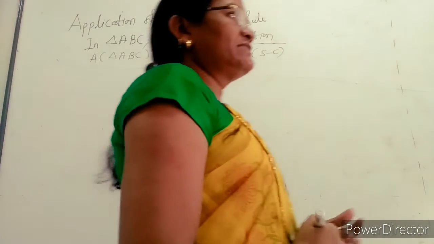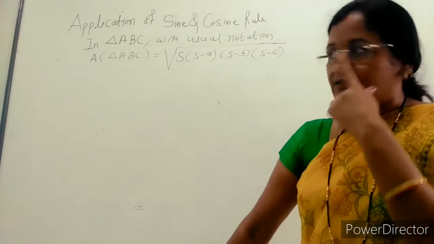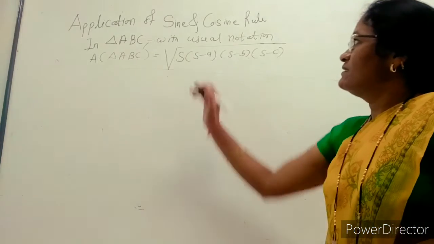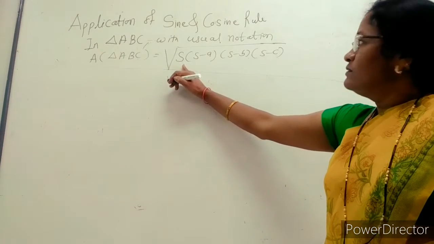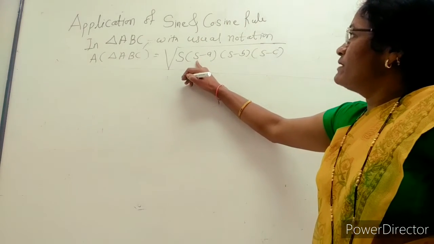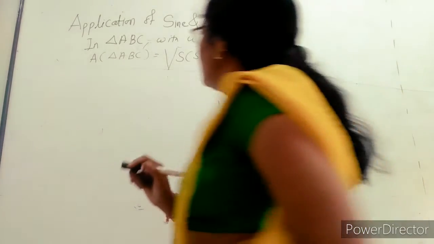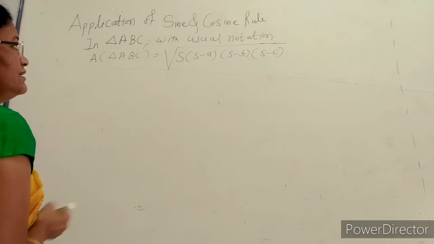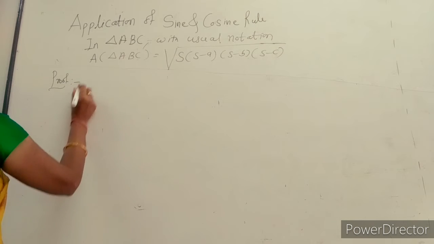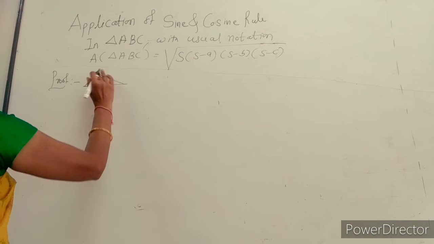In 7th or 8th standard, we took the area of a triangle with the help of Heron's formula. That is the result for the area of triangle ABC, where s is the semi-perimeter, whose value is equal to the sum of the lengths of the sides of the triangle divided by 2. From this semi-perimeter we subtract the corresponding length of side a, again b, again c, and take the product under the root sign to get the area of triangle ABC. So how do you prove this? For this case we take, again for any triangle, suppose this is an arbitrary triangle ABC.